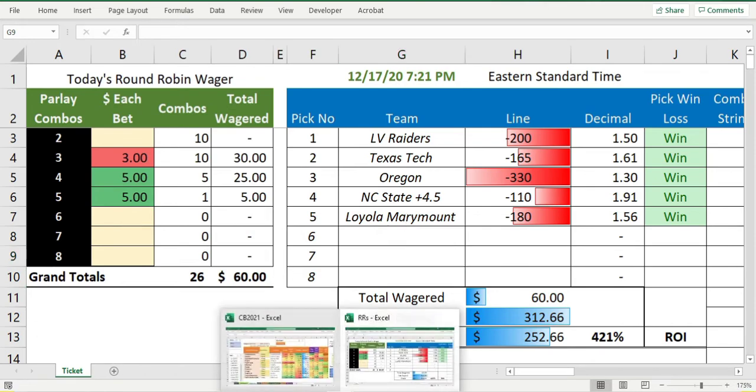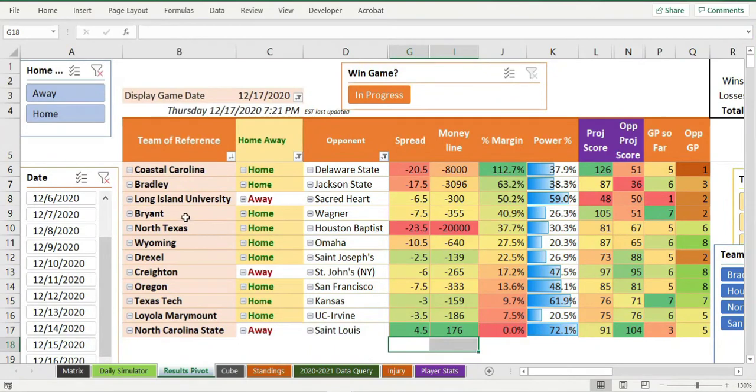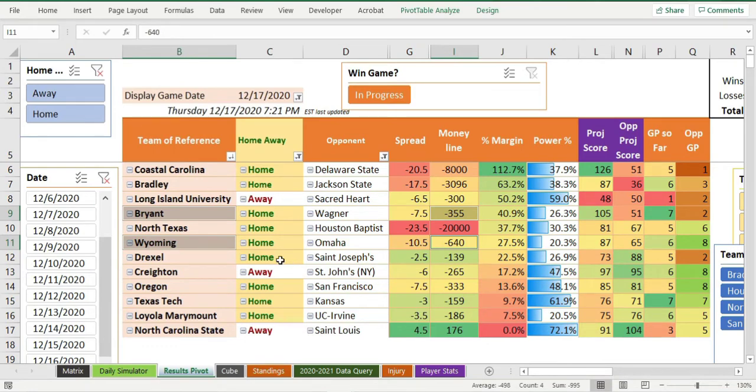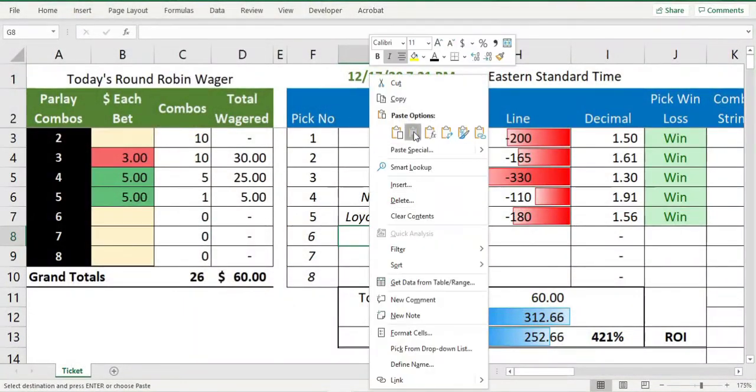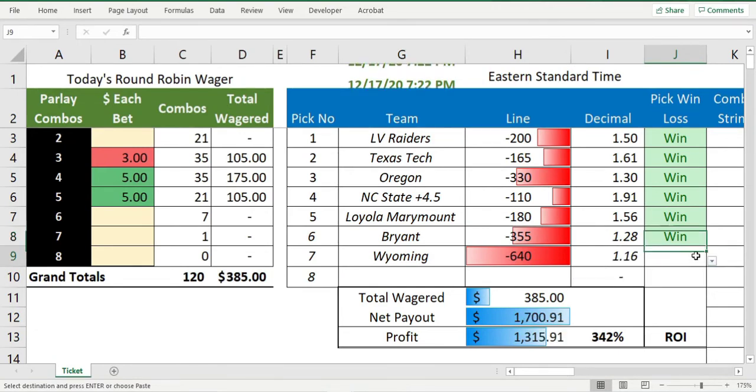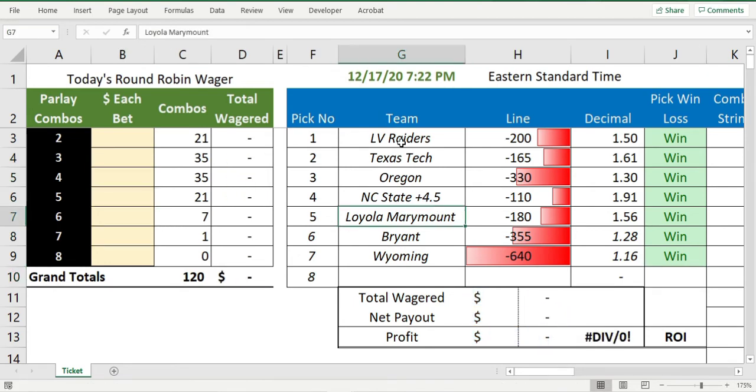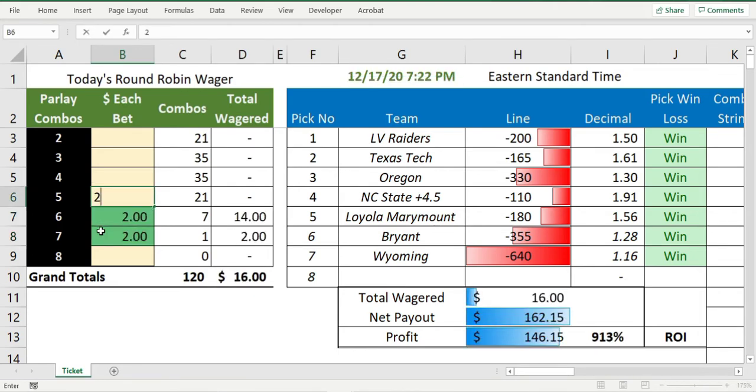But let's pretend that we wanted to try to do that. I want to show you the flexibility of wagering, and also this would have been a good one. Wyoming is one that has a terrible line, but you could do it. Let's bring in just 7 and show you just how drastically things will change. So if all these games won and you weighted your wagers, say you had $100 to play on these games today. It does pay to have more money when you're doing more teams because there's more combinations you're going to be buying. Let's say that you can bet as little as $2 on any combination. Well, if you wanted to do $2 on every combination, you're going to hit over 120 bucks when you get to the 4s. So what if you did something like this,